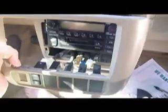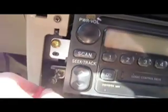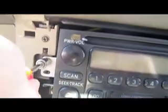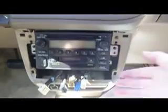So having disconnected all of the circuits, I'm going to set the face aside. It's a 10 millimeter socket tool. There's 1 screw here, I guess a bolt, 1 down here, and over here, and 1 up here. So I'll take those 4 bolts off. So with the screws out, bolts out, the unit just slips right forward like this,